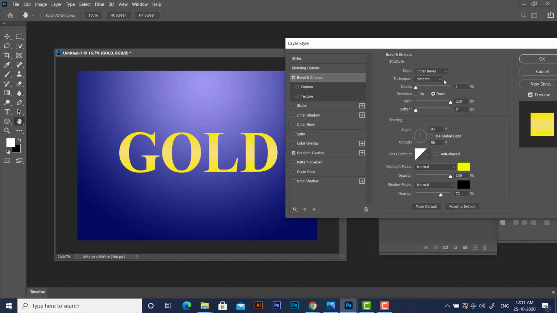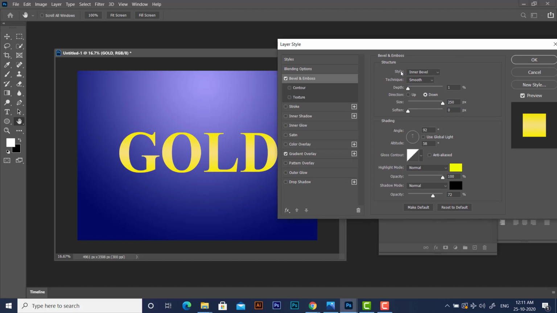The first important option is, here you don't change anything from the style, just keep it in bevel. The next thing is, we are going to select chisel hard for this technique, and we are going to increase the depth value to, let us say, 802.